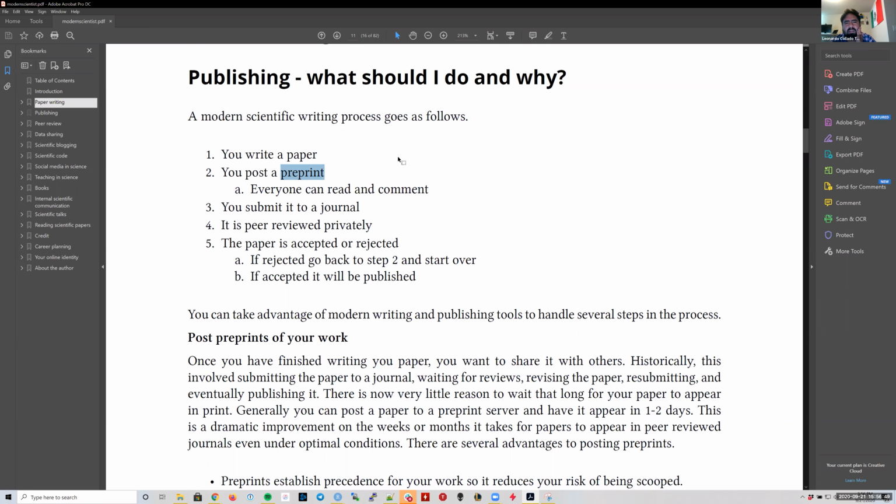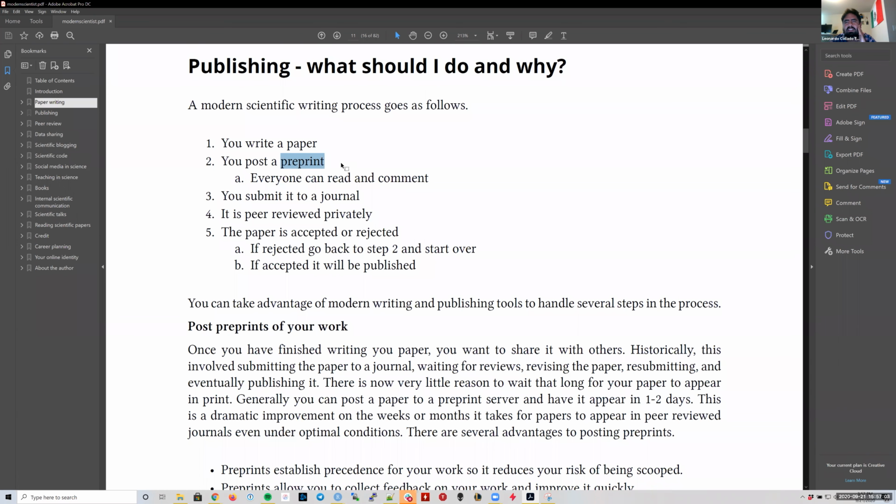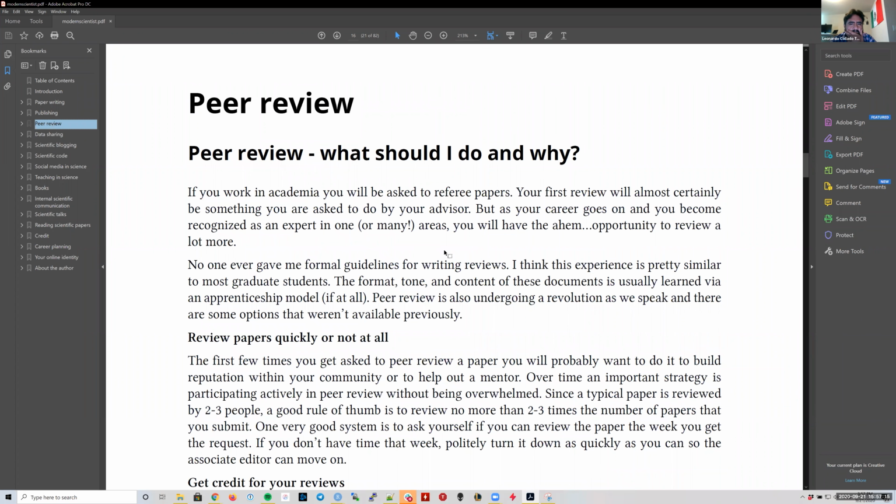So this publishing chapter is good if you're curious about the philosophy of how we chose to do things, but it's not something we're actually going to change much, right? Because we're already posting preprints and stuff like that. Peer review. So